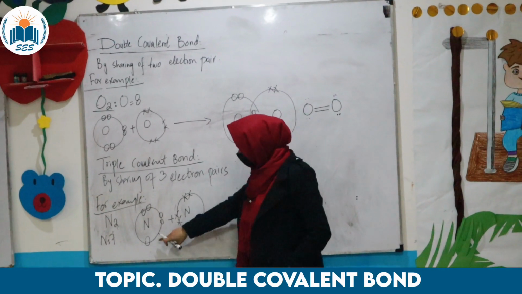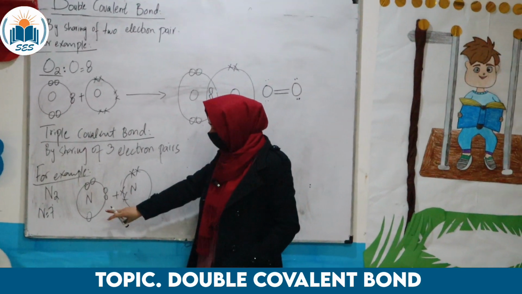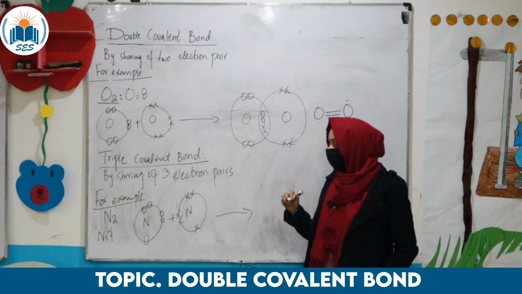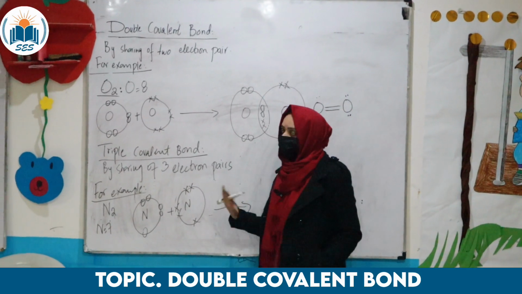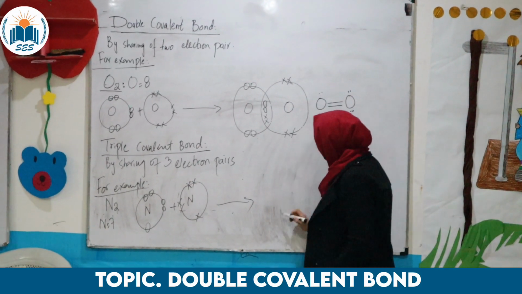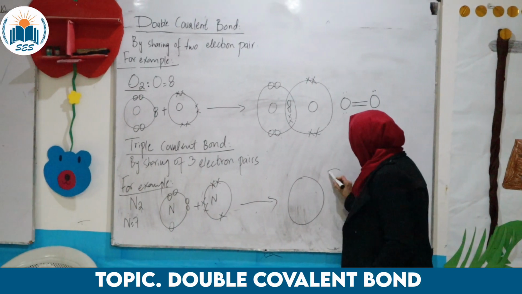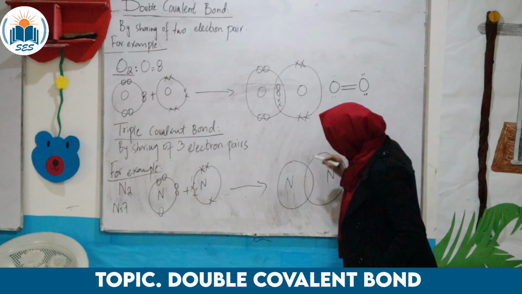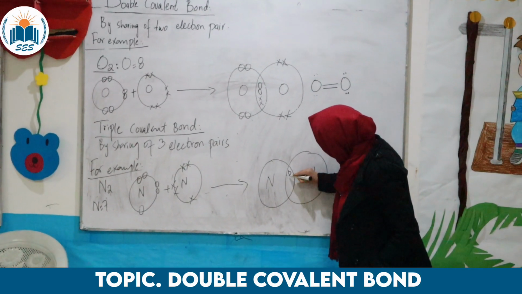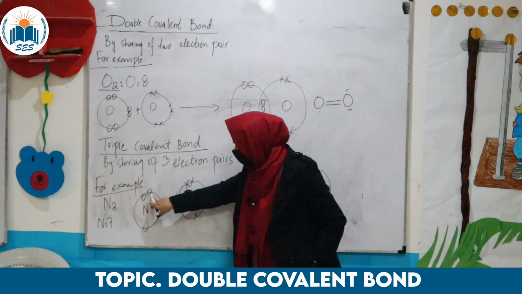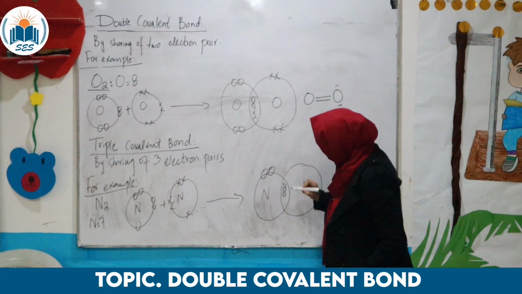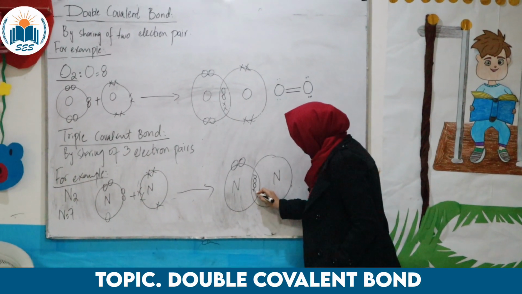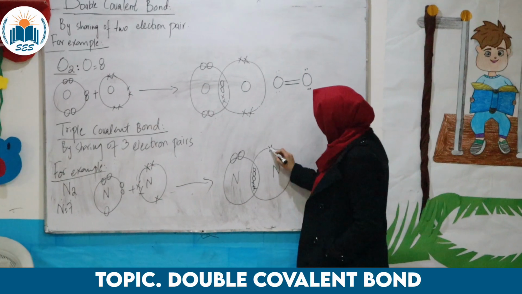Okay. Now this nitrogen atom requires 3 electrons in order to complete its valence shell. So it will share 3 electrons. This nitrogen atom also needs 3 electrons, so it will also share 3 electrons. Now what would happen during bond formation? 1, 2, 3. 3 electrons of this atom are shared, and these 2 electrons are not being shared. So we have to write them here. Same for this nitrogen atom: 3 electrons are shared and 2 electrons are not being shared.